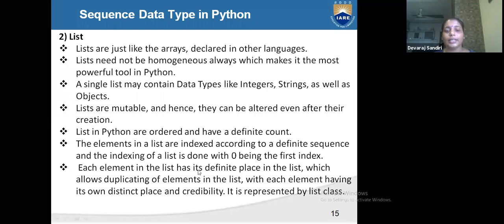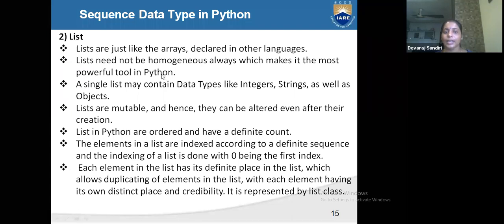So in Python, the elements in a list are indexed according to a definite sequence, starting with 0 at the first index. The first index you will always count as 0.